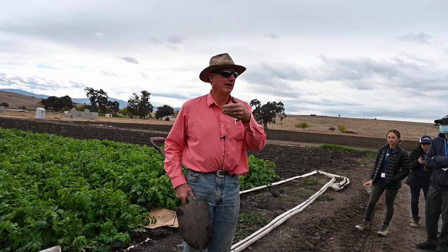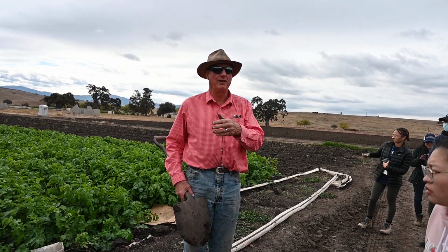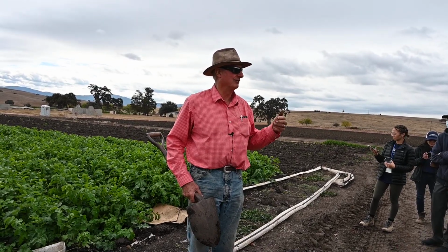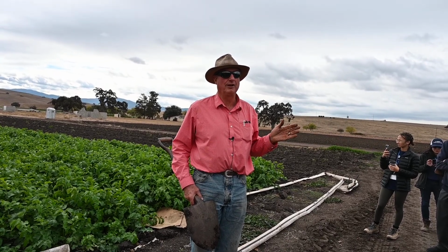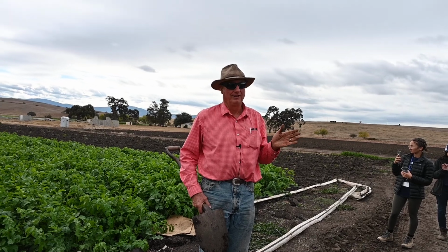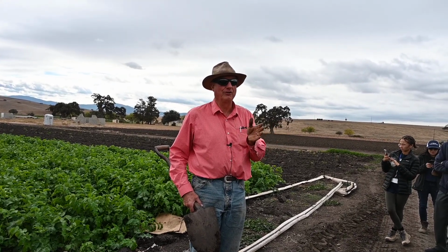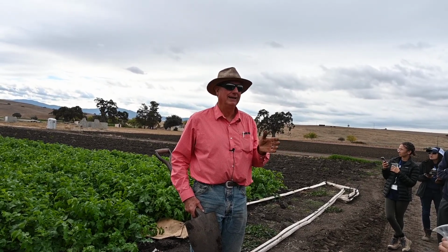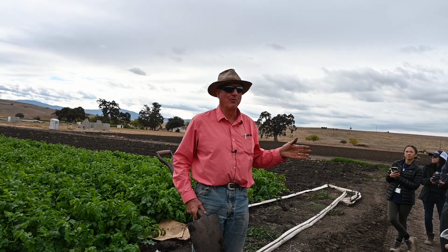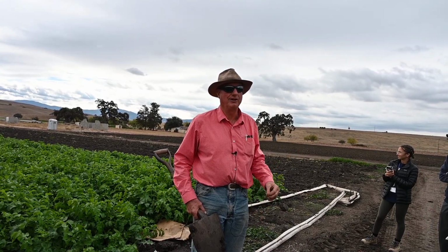Foliar diseases, like insect pests, if you're doing succession plantings and you have the ability to plant your successions upwind, it's a very subtle benefit, but it will give you a little bit of benefit because things tend to move with the wind, and it's a little bit harder to move upwind. So if something starts in a planting and you're working upwind, it's not that it won't move upwind, but less of it gives you a little bit of a leg up on diseases and pest